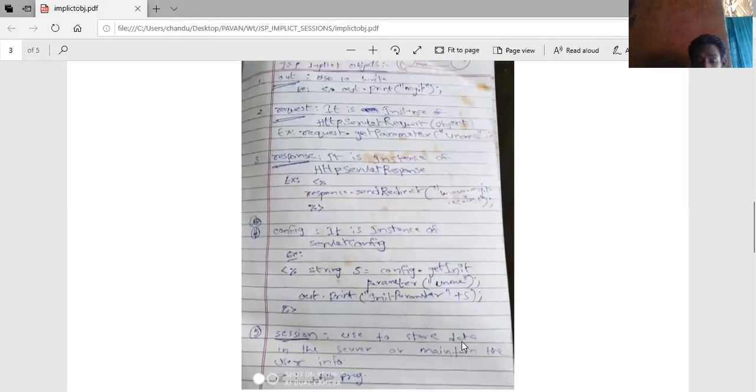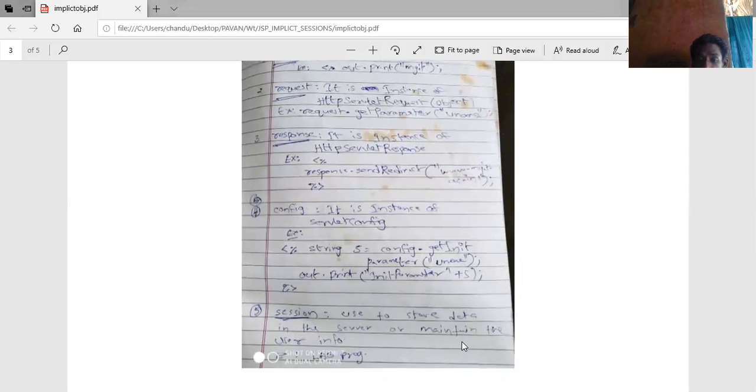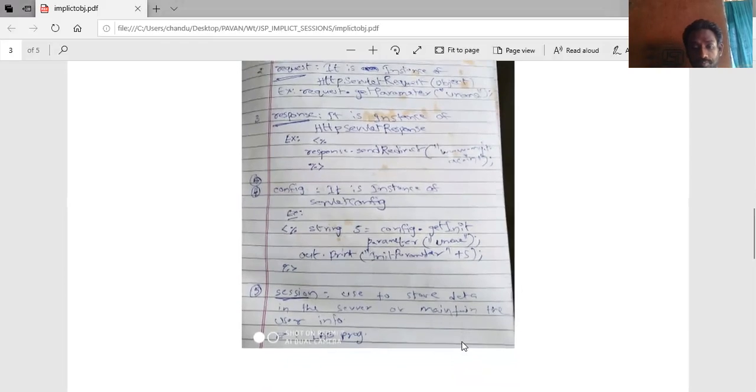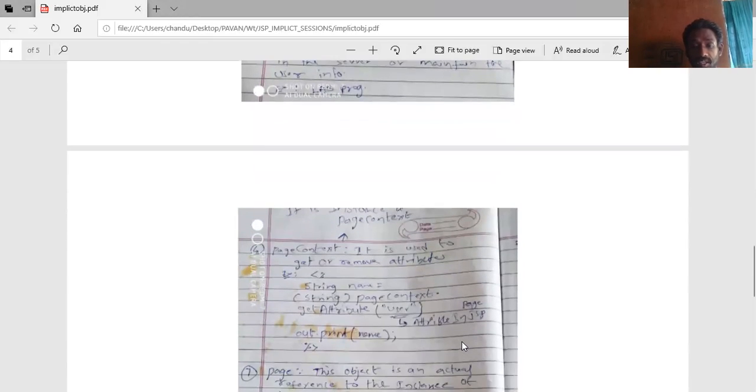Similarly, the next object is the session object. It is used to store the data on the server side, and also to maintain the user info. Next object, the page context object.